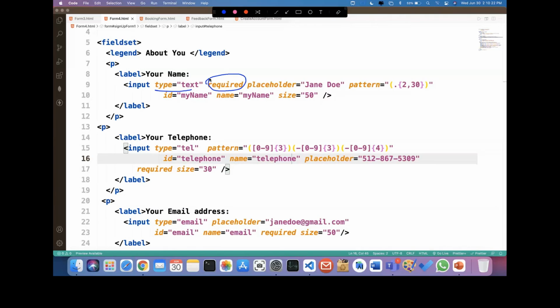This is required, this is placeholder, this is pattern, which I want to talk about. These are the new attributes. Again here, you can observe this pattern. These are regular expressions.